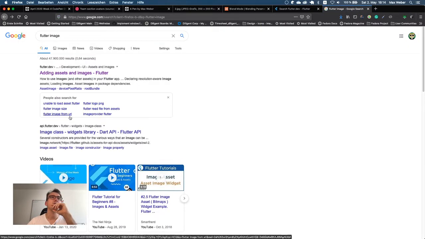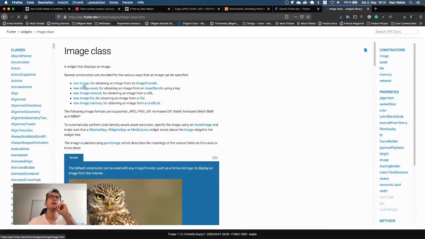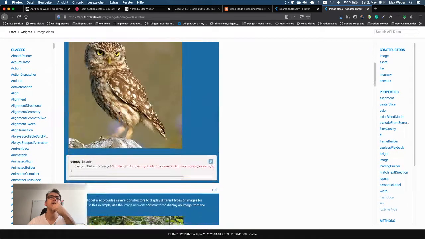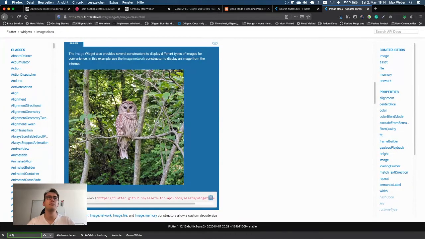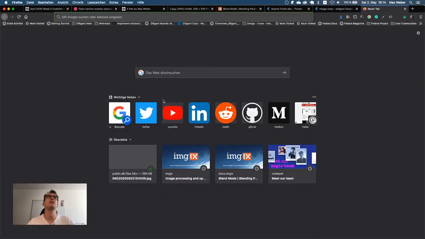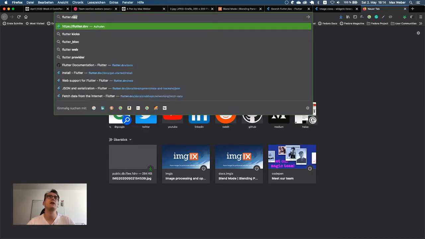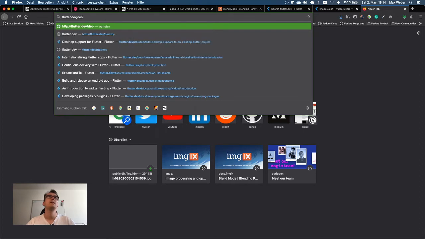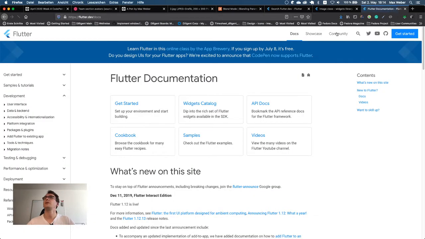Here, the Image class, and now we have the image provider, and here we should find something with a blend mode, I think. Yes. Okay, so it is the Image that has the blend mode. Does the decoration image have one? That is the next question. I think I know the answer. So let's see, we go here and search for decoration image.